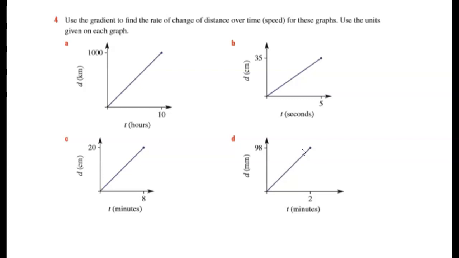All right, question 4. Maybe we'll just do a few of these. Use the gradient to find the rate of change of distance over time for these graphs. Use the units given on the graph. Okay, so here we've got in 10 hours travelled 1,000 kilometres. So you can see that point there, 10, 1,000. So to work out the gradient, our rise, we've gone up 1,000 and our run is 10. So again, you can just cancel that out and it's going to be 100. So your rate of change is 100